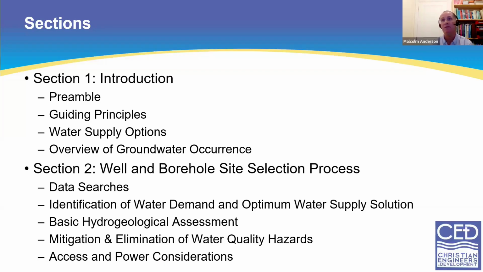You'll know when to ask for help. But in simple groundwater circumstances, pretty much anybody can go through the process and come up with the right answer. And then the second half, section 2, is how you go through the process of a desk study to identify the best locations for wells, and that then ties into